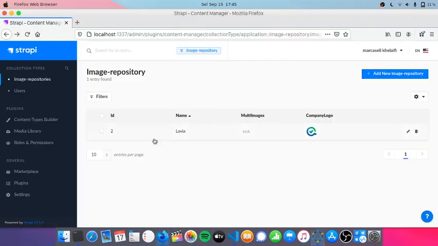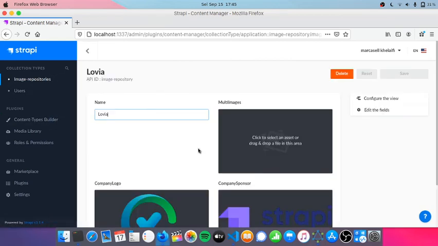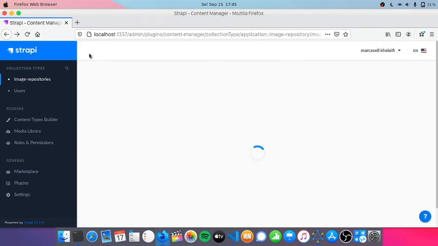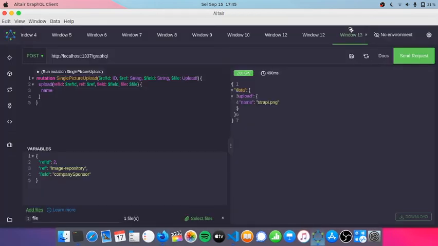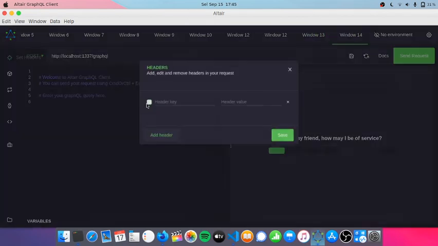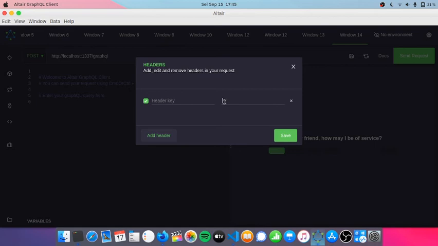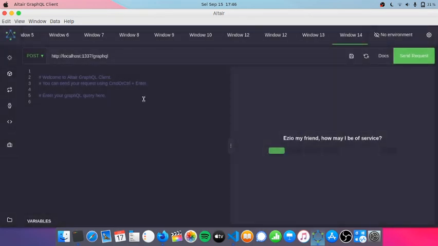If we verify, so I have Strapi logo here as a company sponsor. The last one is multiple upload, so I will add new. So first put our JWT token, save this header,